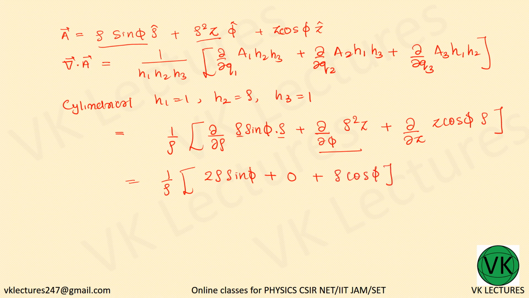So 1 by rho into this quantity. So here rho and rho cancel. So 2 sine phi plus cos phi. Now what is the value of phi? Phi is equal to pi. So 2 sine pi, that is 0, cos pi is minus